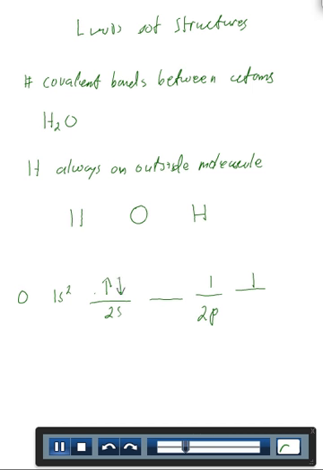So we have 2 electrons in the 1s, and then we have more, for 5, 6, 7, 8 total electrons for oxygen. So you can see that oxygen has 2 pairs in the valence